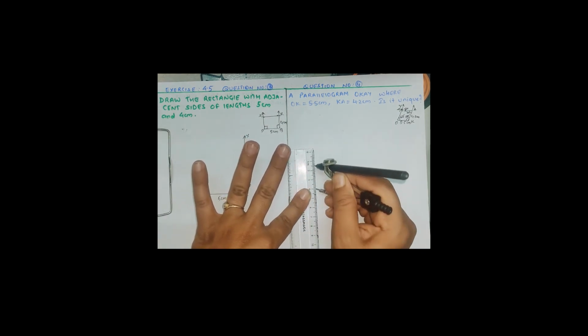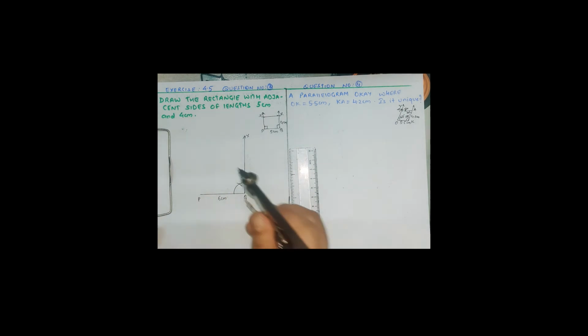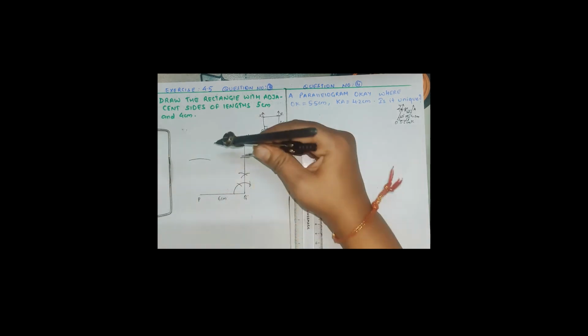Now from ray QX you need to cut QR equal to 4 centimeter, which is the adjacent side of the rectangle. So PQ is 5 centimeter and this is the adjacent side. From here also you need to take another arc of 4 centimeter because opposite sides of a parallelogram are equal. And from this point this is your PQR, and from point R you need to draw the parallel